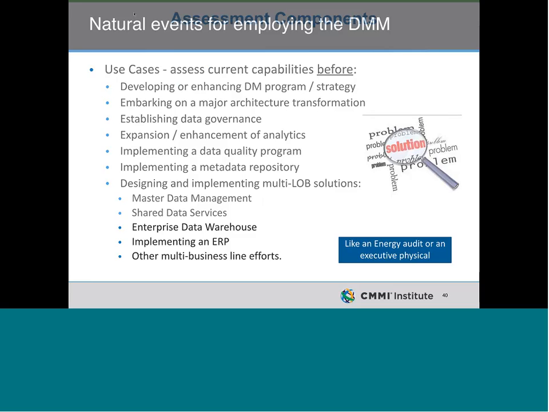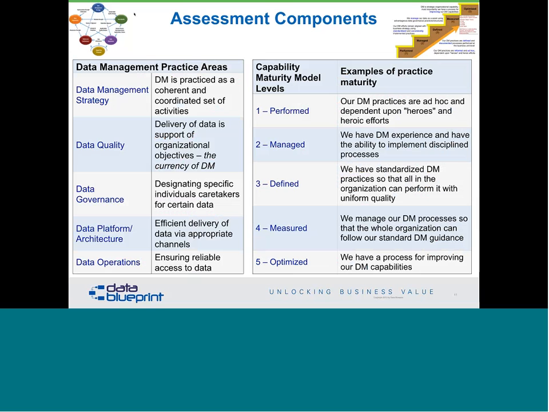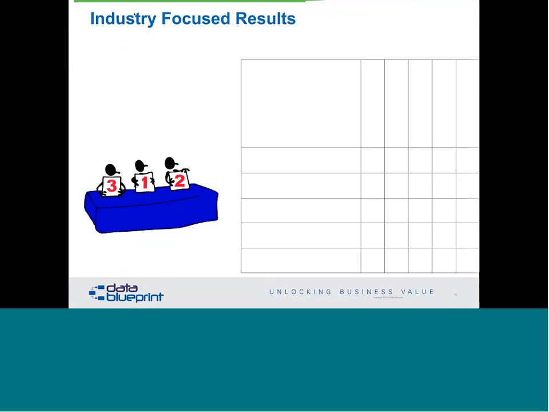So what we've talked about here is two sides of a triangle. We've got the pieces of people, process, and technology that we want to pull all the way together, and this assessment allows you to do that with an overall perspective. What we've outlined here is the data management practice areas, the foundational practices that are necessary but insufficient to do all the fun things that everybody wants you to do with data. And we've seen that these practice areas can be performed at specific levels, 1, 2, 3, 4, and 5. And when we take those two bits and combine them into the assessment process,